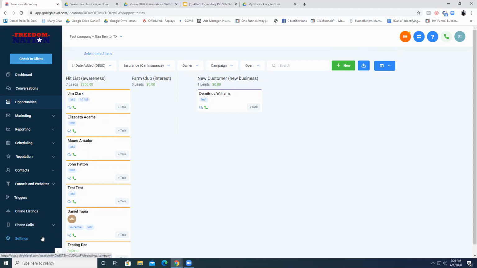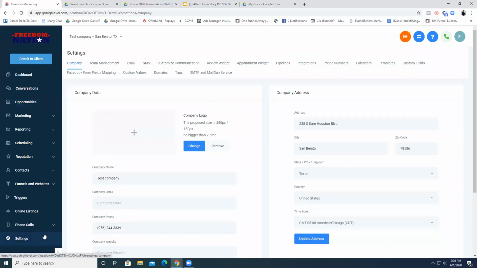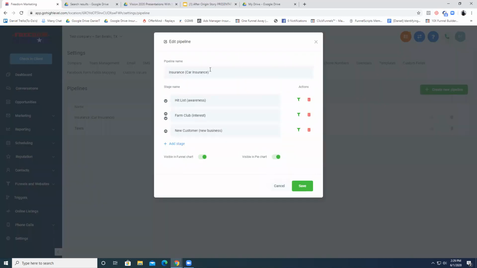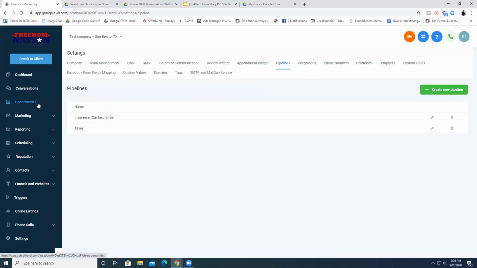Again, how do you edit this? You just go to settings, you go to pipelines, and you can create a new one. You can edit the one that we had initially for you. And so you can start to use it immediately. You can start putting customers in there, and you can start calling on these customers and moving them down the pipeline,